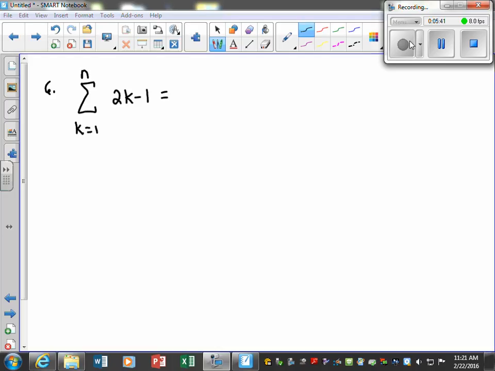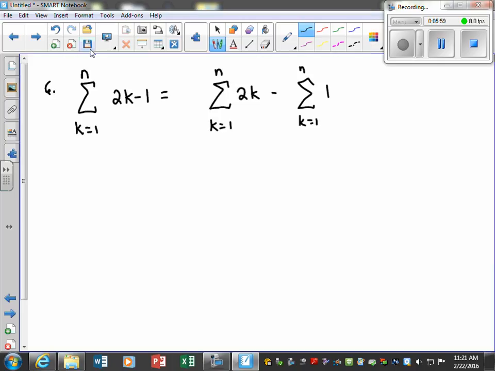Okay, in this case we're going to use the properties that we just wrote down, and I can rewrite this first term as 2k, and then the sum of, I pulled the negative 1 out front, and the sum of 1 to n of just 1. So 2k minus 1, so the sum of 2k minus the sum of 1. We can break those down. I can also now pull the 2 out front, so just making use of the properties. I can pull the 2 out front, which would leave me with that, and then over here I'll just carry this down, k equals 1 to n